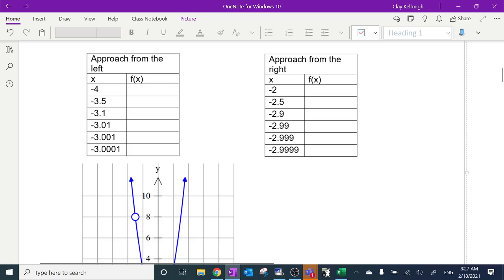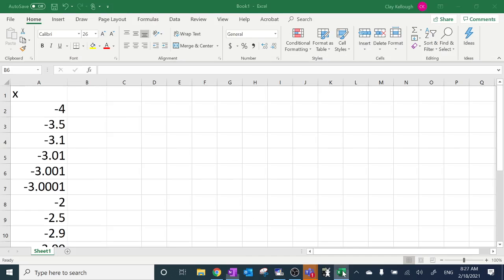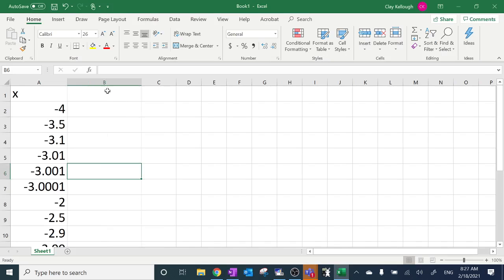And then I'll do it from the right, -2, -2.5, -2.9, etc. But as a shortcut for punching all these numbers, I'm just going to put them through Excel. So here's how we're going to do this. Let me make that a little bigger, maybe. Okay, so for my f of x values,